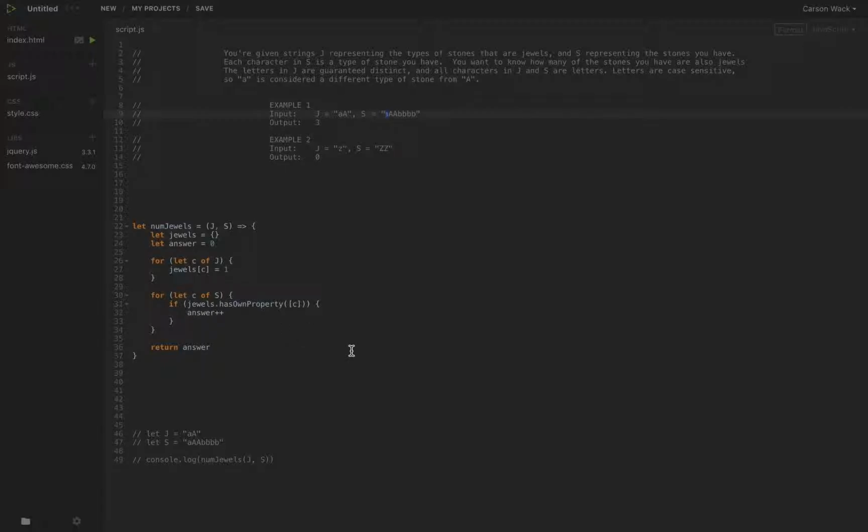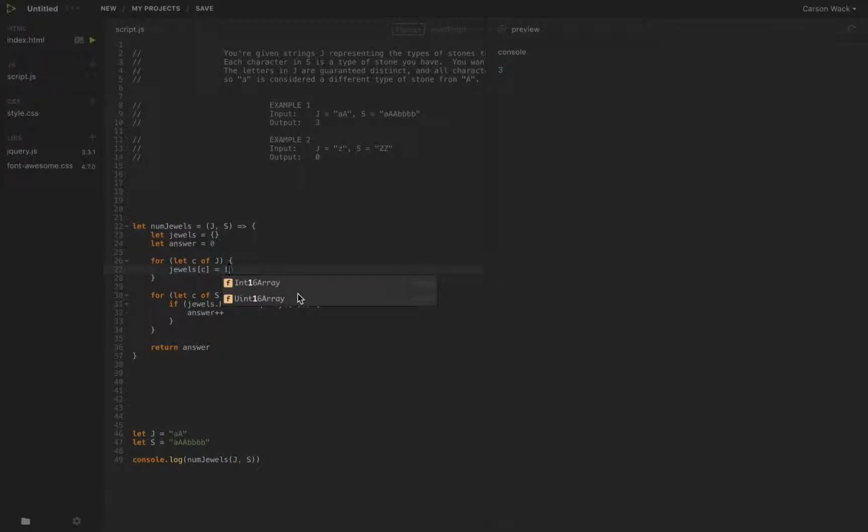And something important to note about this hasOwnProperty method: this doesn't actually have to be truthy. I could put null, and it would still return 3. You can put anything here, it can even be falsy, and it still works because